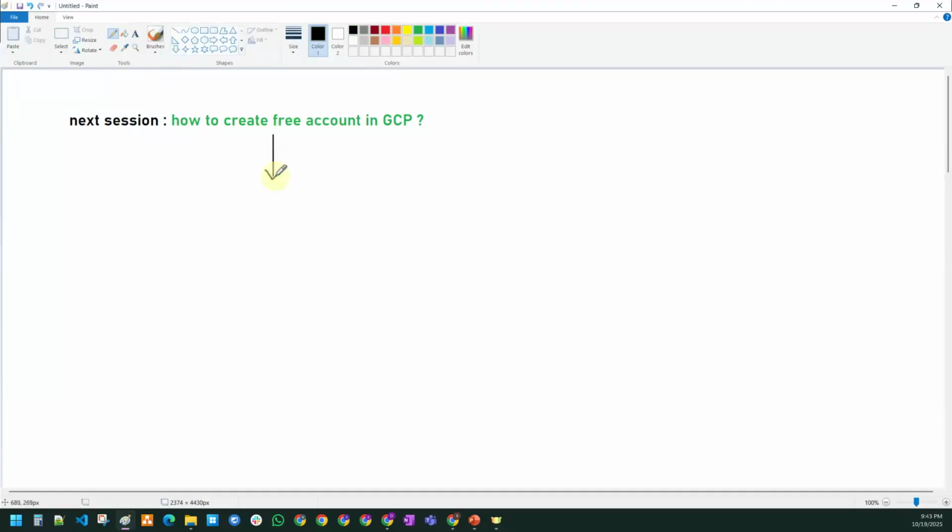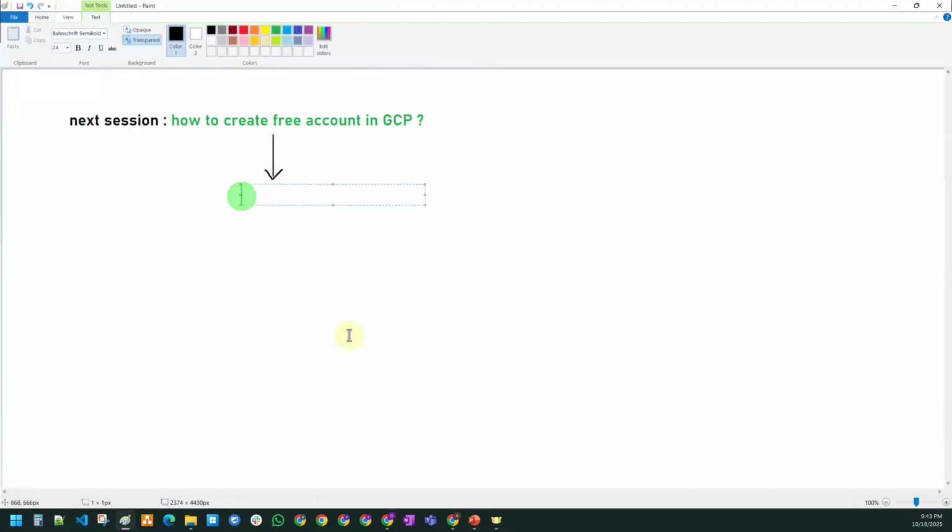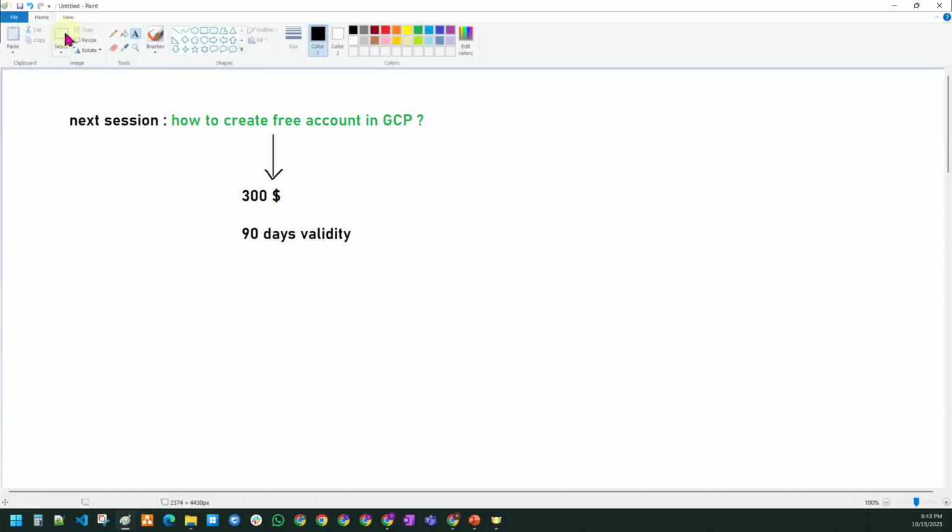Sir, if you create a free trial account in the GCP, it is going to give you $300 free credits for the next 90 days validity. So 90 days is the validity, guys. So we can use all the services in the Google Cloud platform with the help of these credits only. With the help of these credits, we are going to do